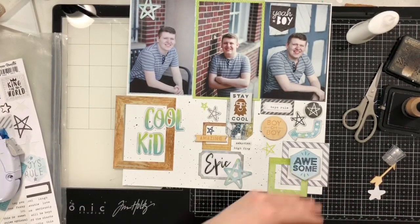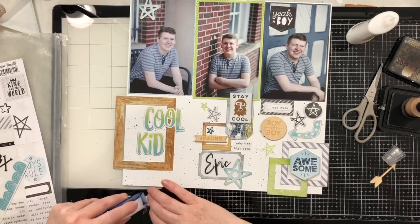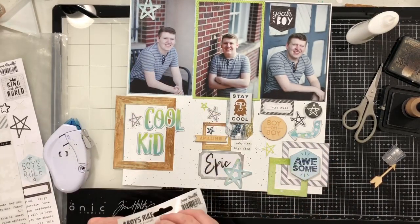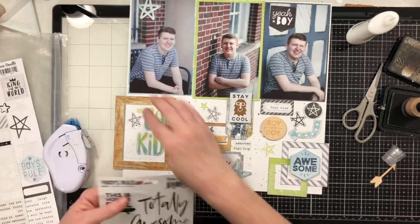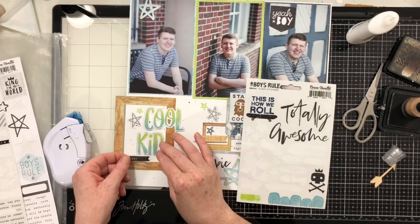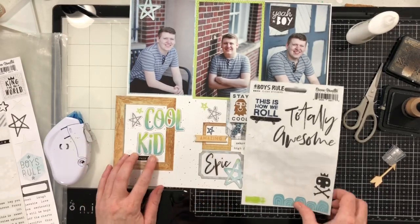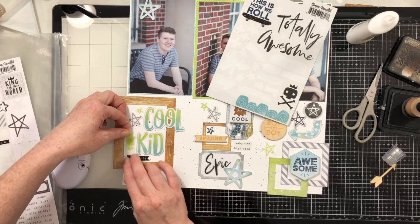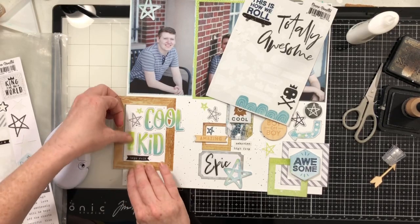Okay, so this cluster is going to house my title. I wanted the title to stand out and to be very obvious in there. So I'm not going to add too much wording on this particular cluster. Instead, I'm going to go for some of these clear stickers that look like